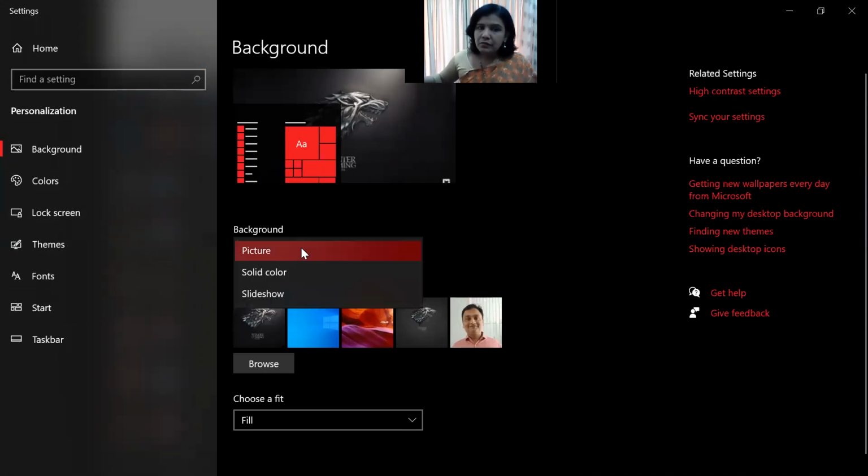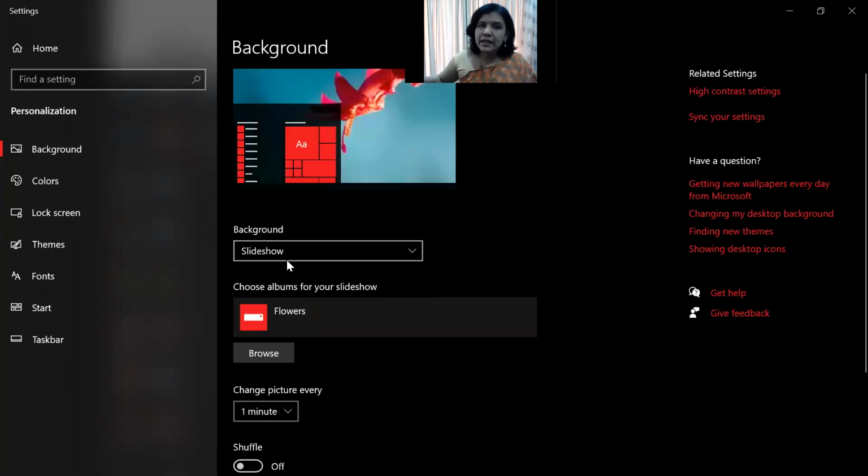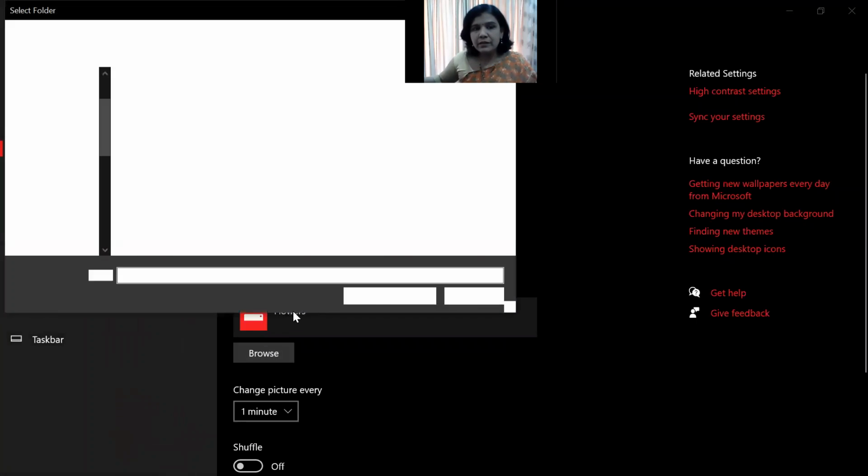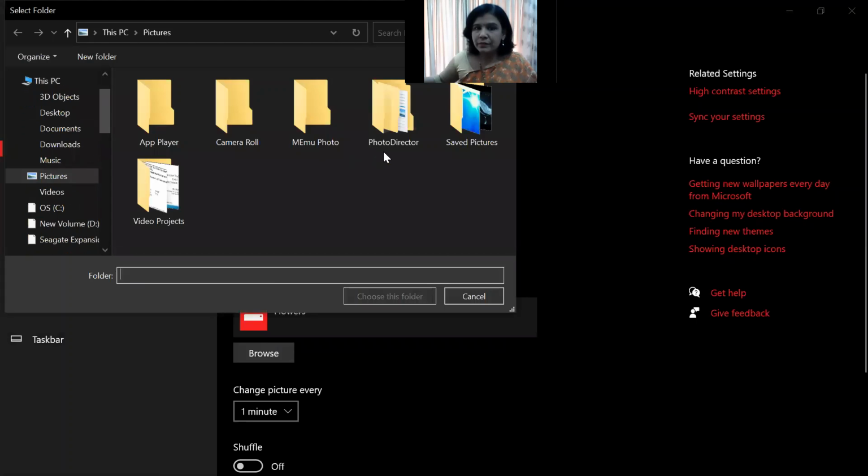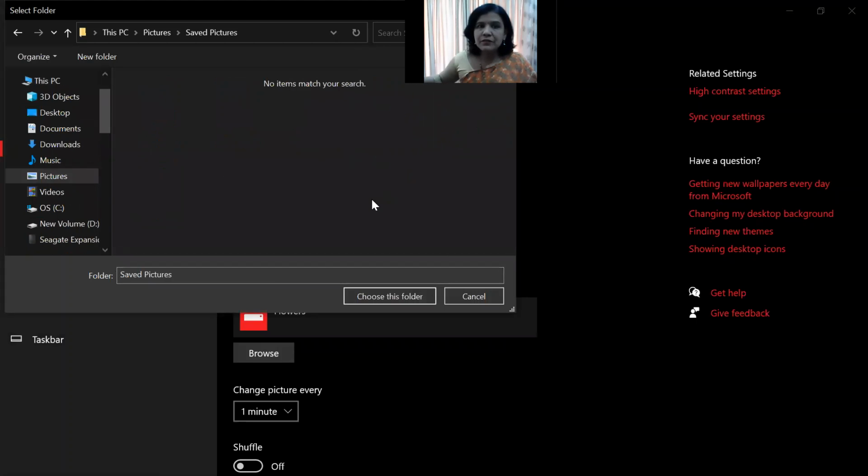Now what I want as my background of the desktop, either a solid color, a picture or a slideshow. So if I select a slideshow, from where it should come? If I have a set of images, I can select from that. I can browse from that. Like I have suppose saved pictures, right